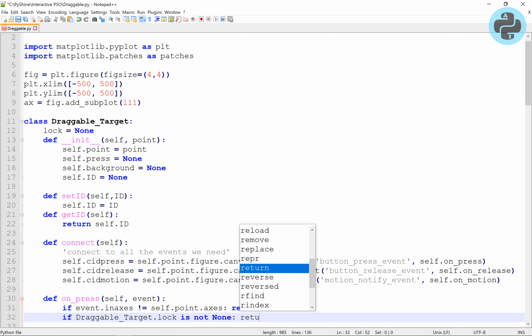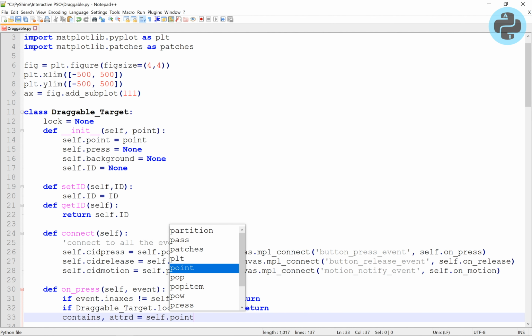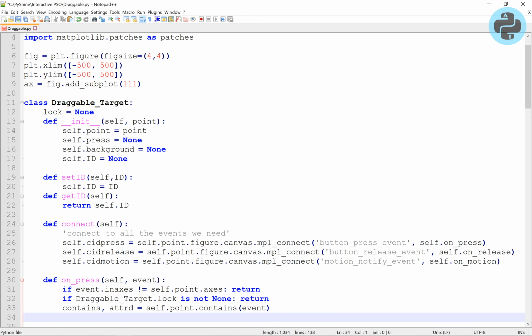On press event, we will lock the draggable target to itself, get the canvas and axis of the point and draw the canvas.